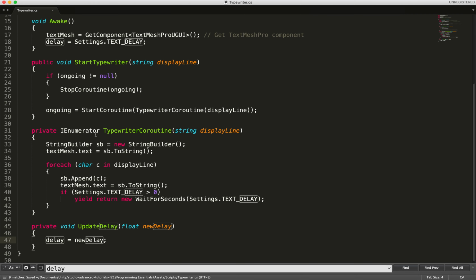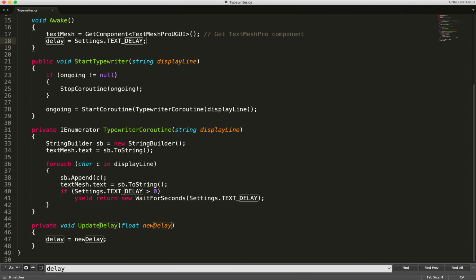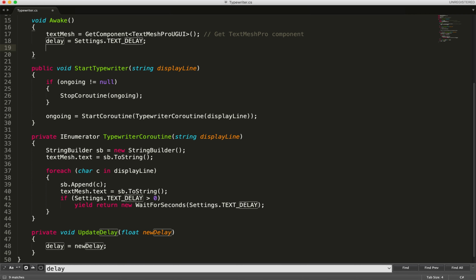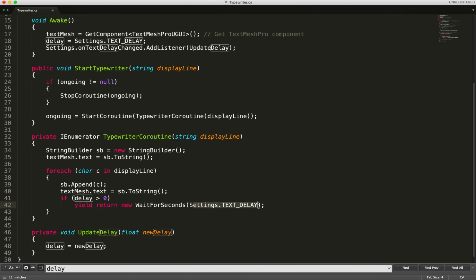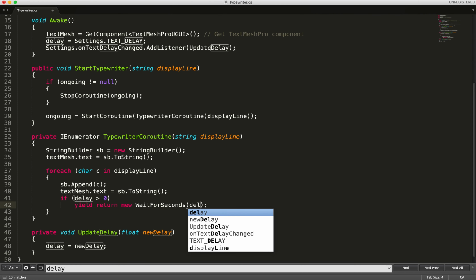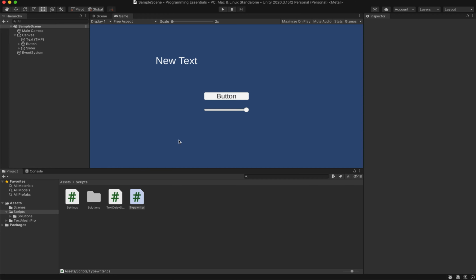So here at the start we also want to subscribe, so we can do Settings.onTextDelayChanged.AddListener. We want to update our delay whenever the delay changes. So now we can change Settings.textDelay to just a local copy of delay and save our script. Now if we play,